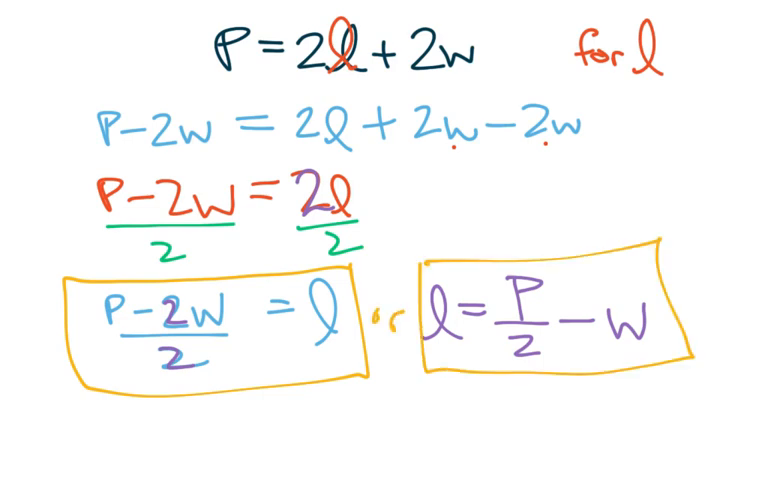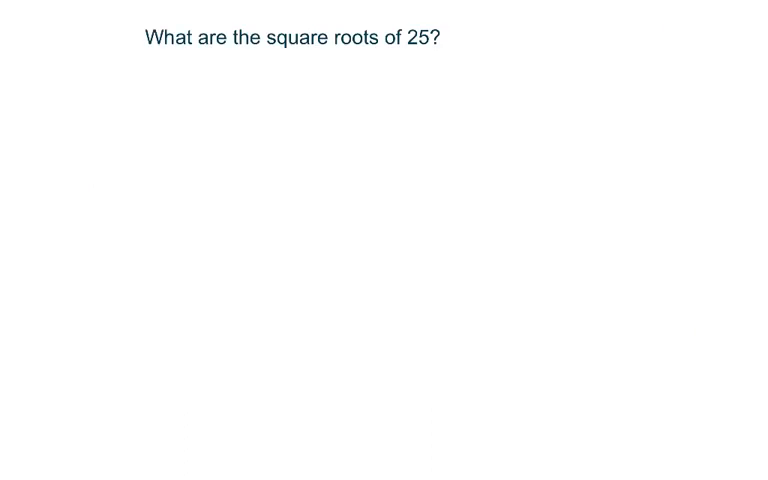So either of them would be an acceptable answer. And so again, like I said, if they gave me my perimeter and they gave me my width and they wanted to know the length, it might make sense for me to transform this formula so the length was by itself. All right, let's jump into square roots, or just roots for that matter, because we're going to explore something